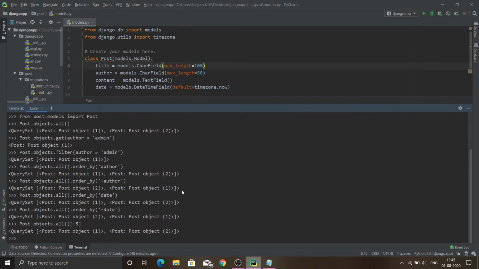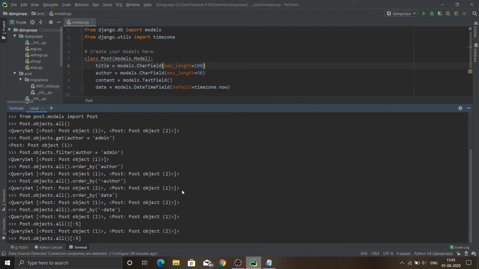As now I have only 2 objects, it will show me only those 2. If I had 10 objects in our model, it would return the first 5 of them. So what if I need to get the 6th to 10th of our model?